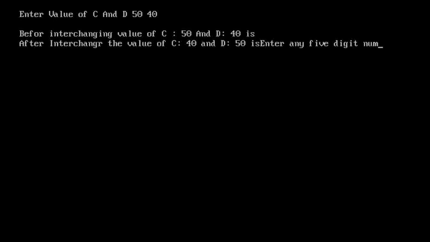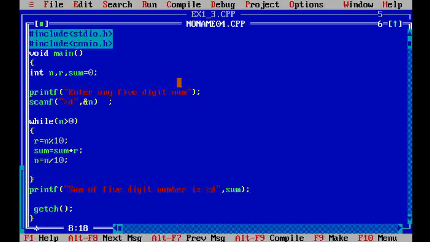Suppose we entered 1 2 3 4 5 and the summation of these 5 digits is 15. You check: 5 plus 4 is 9, 9 plus 3 is 12, 12 plus 2 is 14, 14 plus 1 is 15. In this way you get the result.